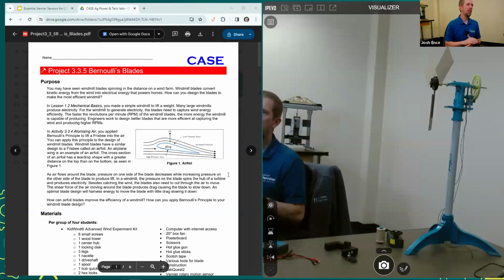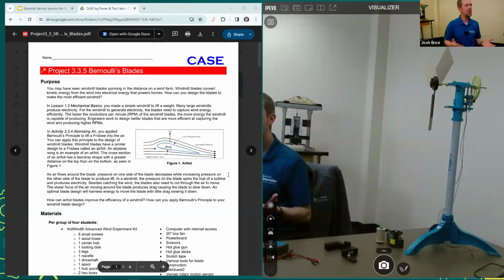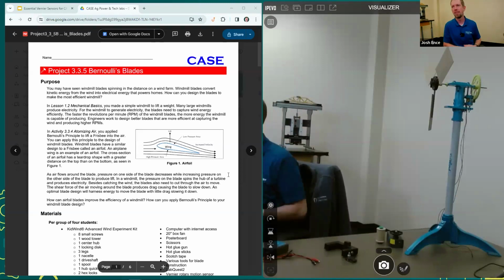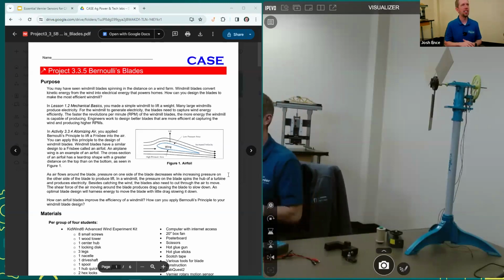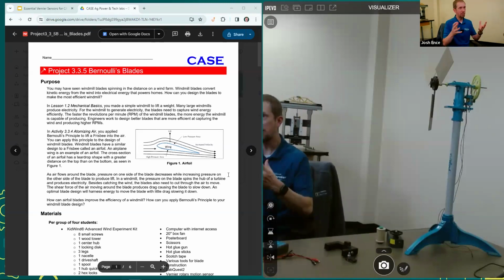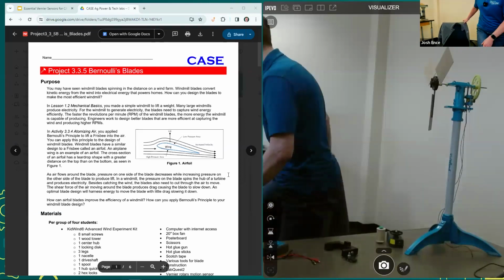I don't know about you, but I feel like every time I go for a long drive, I see a new wind farm that's sprouted up over there. And you see those blades turn, and you have to wonder, why do they always have 3 blades, and why do they shape them that way? This is an opportunity for students to really get into that and think about it, and have a chance to play around with the science and engineering principles behind those wind farms. So the things that this